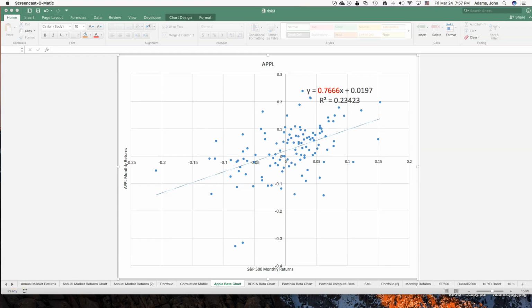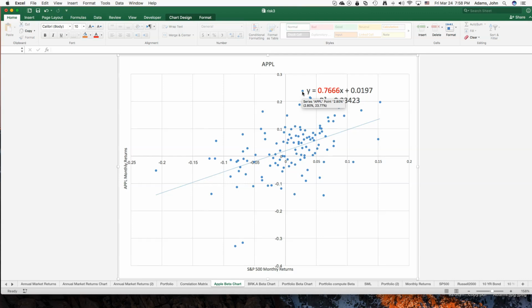So if we look here on the horizontal axis, we have the returns on the S&P 500 on the x-axis, and on the y, the vertical axis, we have the returns to Apple stock. For each day, for example right here, this was a particular day when the S&P 500 returned 6.21% and Apple stock had a return of minus 14.41%. And up here, this particular point in time, the S&P 500 had a return of 2.8% and Apple stock had